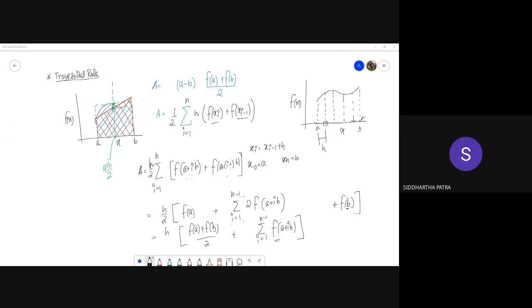Okay, so it is understood why it is repeating. It is only repeating for i equals 1 to i equals n minus 1. If a and b are the two extreme values, those are not being repeated. All the intermediate values are being repeated, and that's why there is a summation, so that there is no coefficient half for the intermediate values. Only for the two extreme values, you have f(a) and f(b).